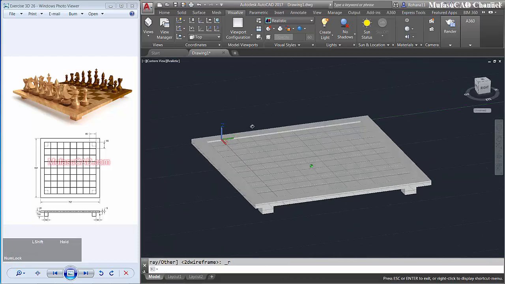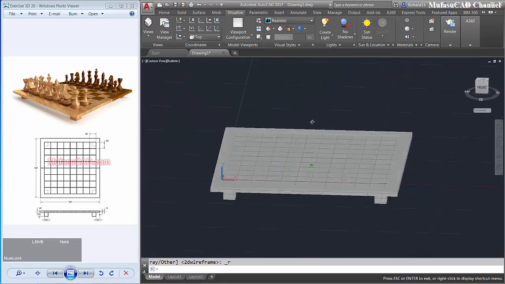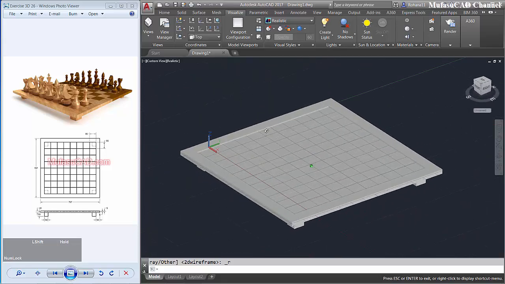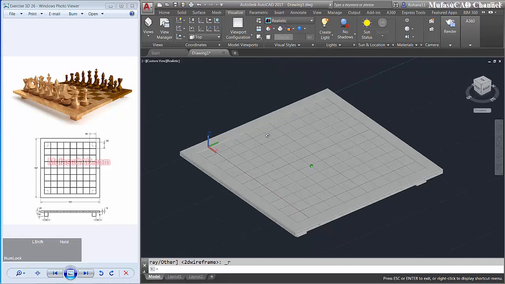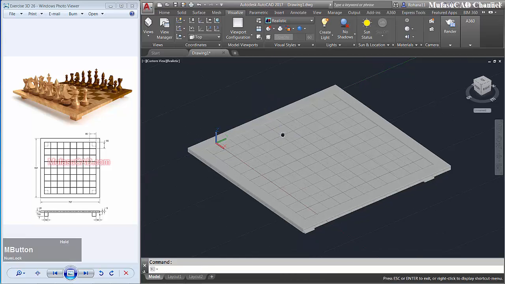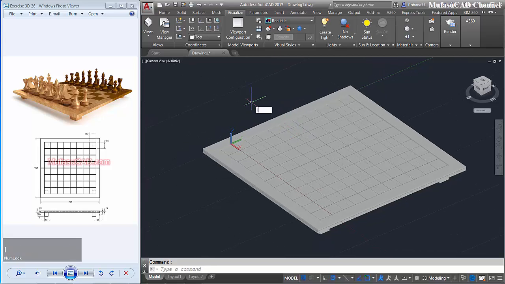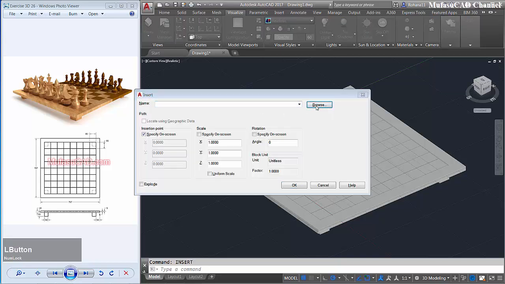Okay, we create this chess board, and then I will attach or insert chess object from a previous tutorial. You can type insert, enter, browse files.